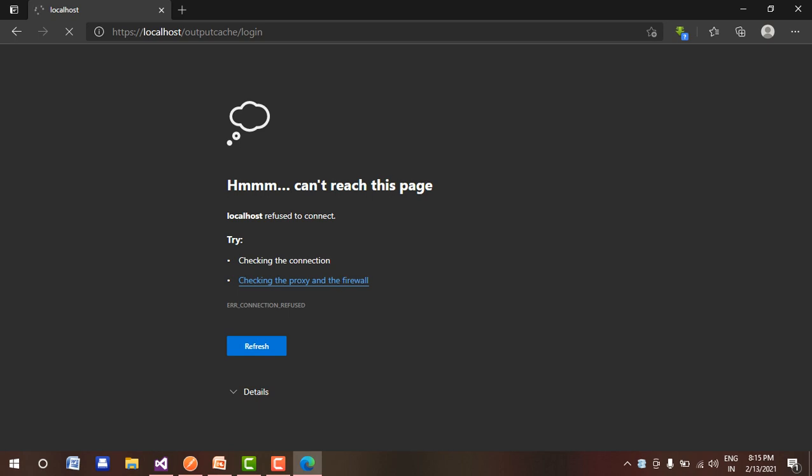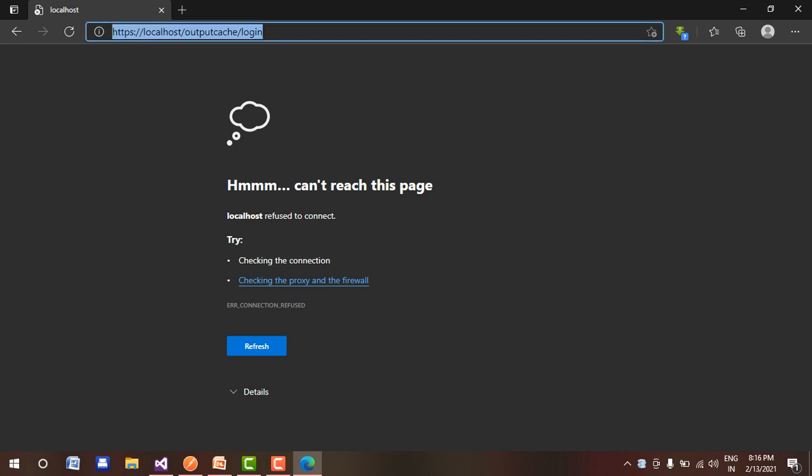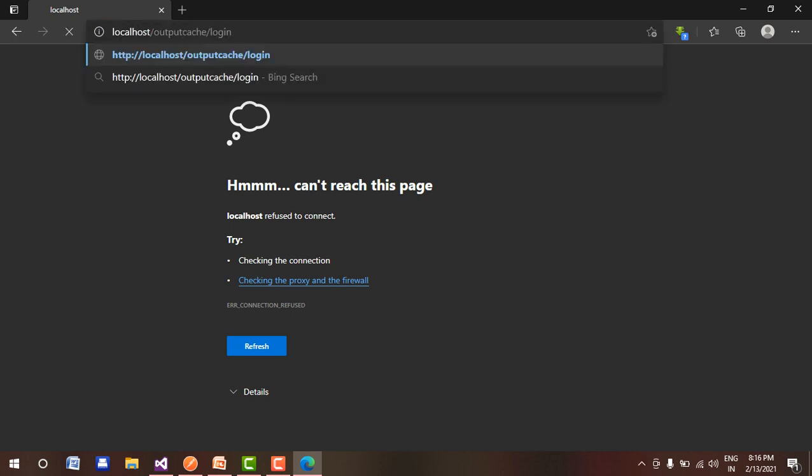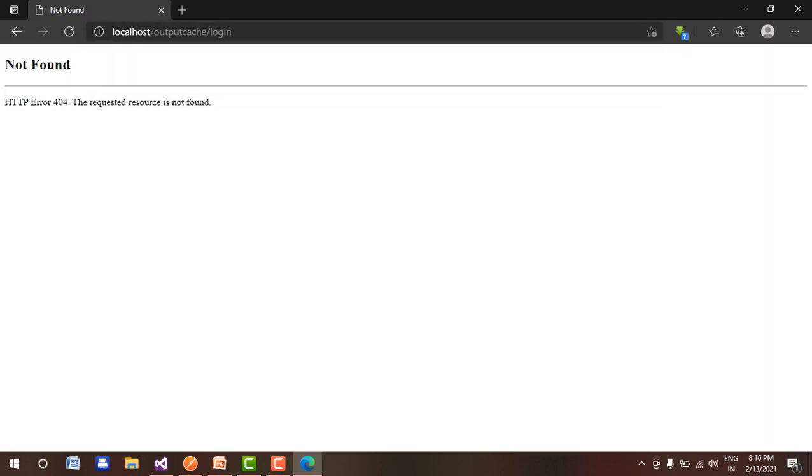This error shows. Why? Because we have used HTTP here. Let's run it. If I use HTTP, then it displays this error: the requested resource is not found.